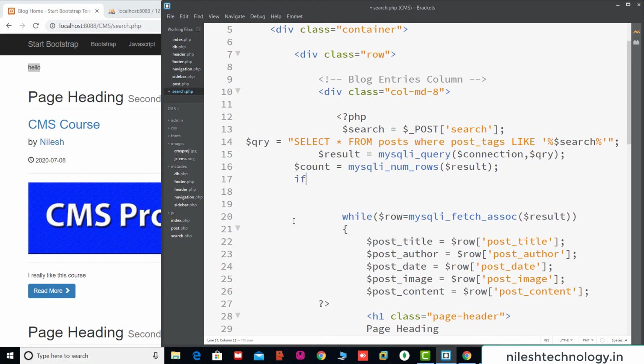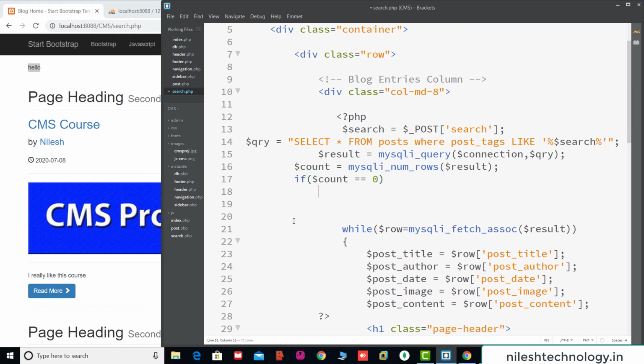Here we check if $count is equal to 0, which means you are not getting any result by using this search tag, so we print an error message like this: no result.